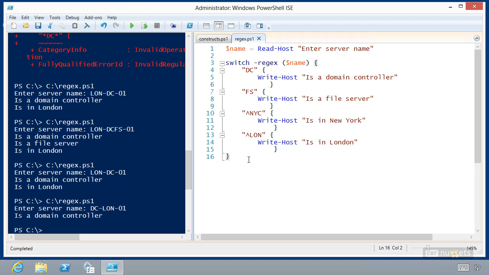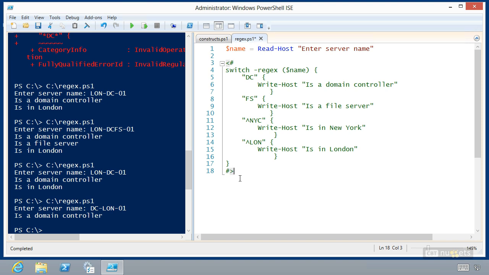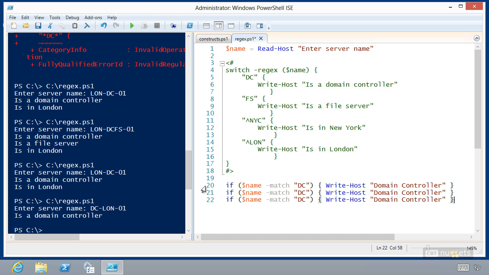Now, that's not to say we couldn't rebuild this using the if construct. There's a dozen ways to do anything in PowerShell. None of them are technically wrong. Let's comment this out. If I needed to do this as an if, I might do something like this. If name match, that's the regular expression operator, DC, and then rather than doing an else if, because keep in mind, I want multiple conditions to execute if they're true, I'm going to build each of those as its own separate standalone if construct. FS means